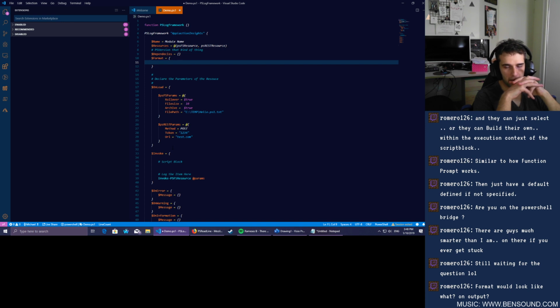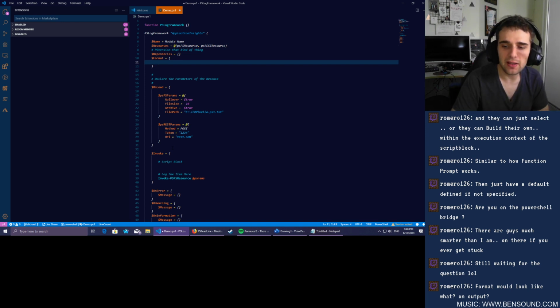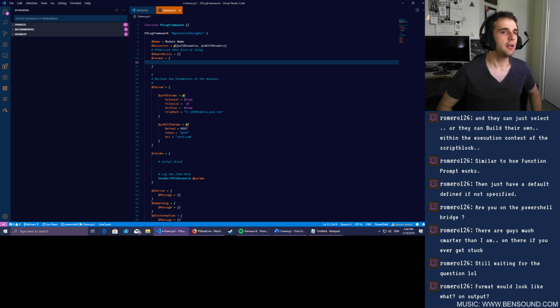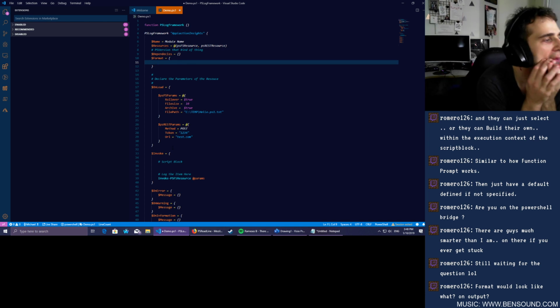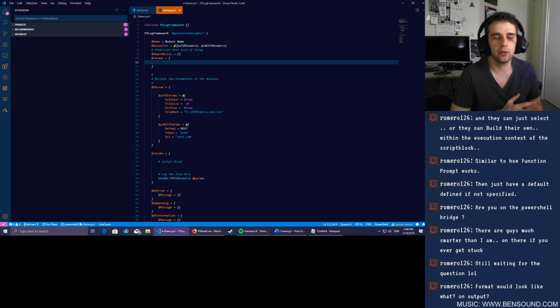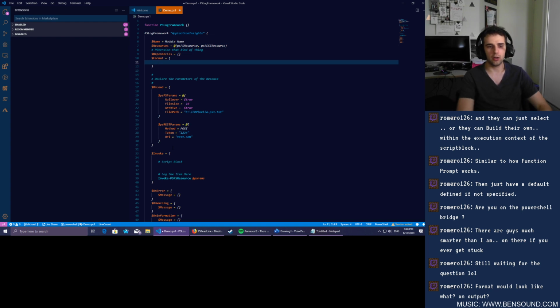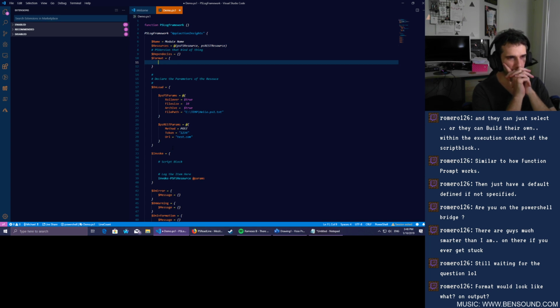Format would look like an on output. Well, it's not even that. Ultimately, it really depends on how each person logs. Each person's different in how they log, and you don't particularly want to say this is the standard, you must follow it. You want to at least give them the ability to customize it. So my idea is if you could define a format configuration, which is now getting hard because you're relying on